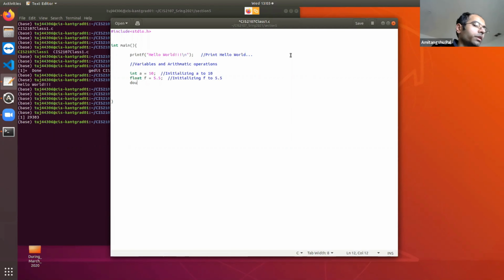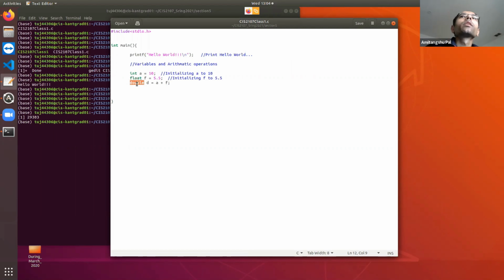Let's type double d is equal to a plus f. Double and float are both fractional numbers. Double provides a higher precision than floating point. If you want more precision, then you need to use double, otherwise float is fine.